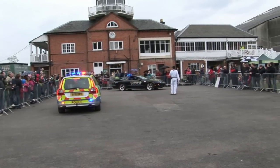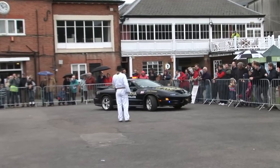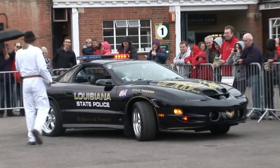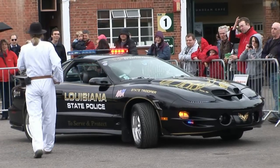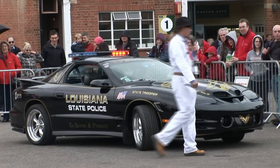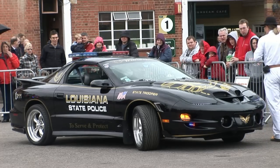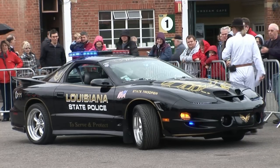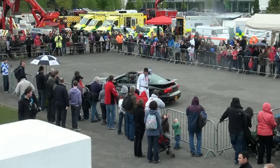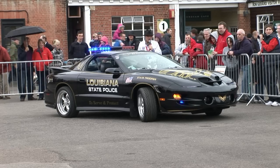Now this is a bit of a hilarious change, isn't it, from some of the Met police cars. This is a pretty exact replica of a Louisiana State Police car, and the Louisiana State Police have even supplied some bits to this guy to make it even more accurate. Now this is a Pontiac Trans Am. Some of you may remember in earlier incarnations from the Smokey and the Bandit days, they had a 6.6 litre engine. This one has a